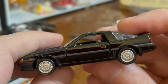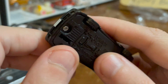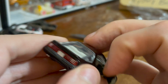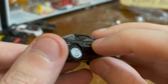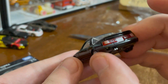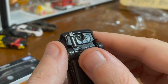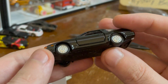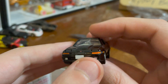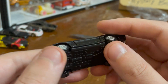Oh wow. That's really great. The tail lights are really great. The muffler coming out. The turn signals and whatever those little lights down there are. Obviously the headlights are down. This is a newer Toyota Supra than the